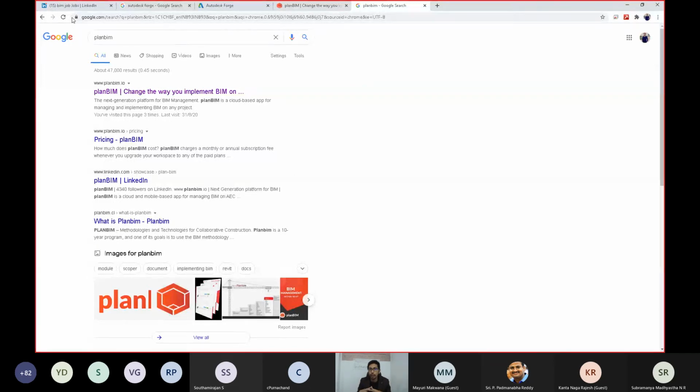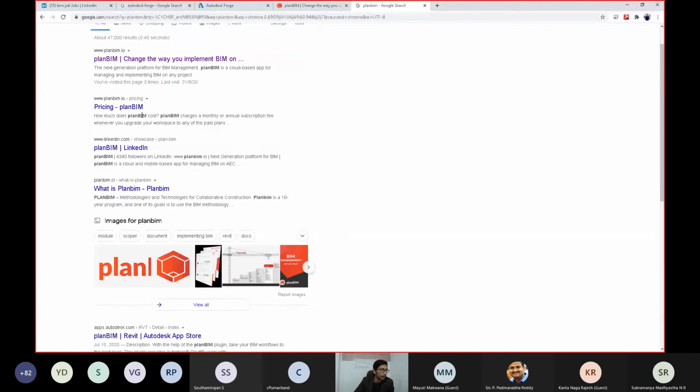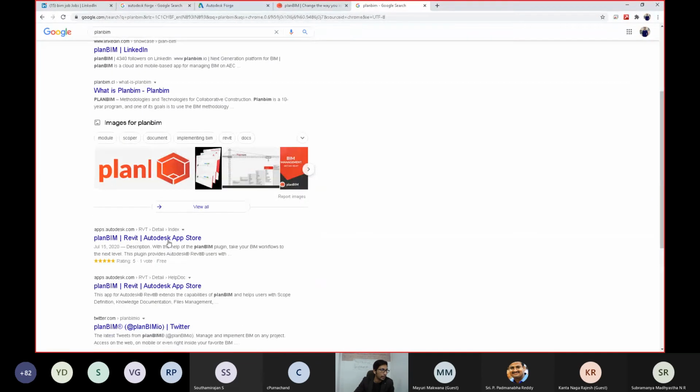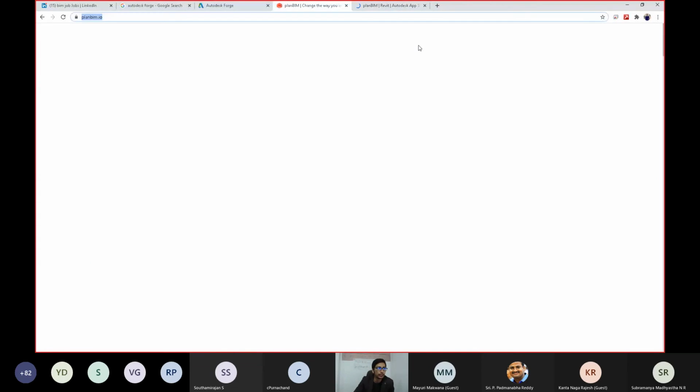Like if you want to make an add-in and integrate it within BIM 360, with Autodesk Forge, you can build those kinds of products.